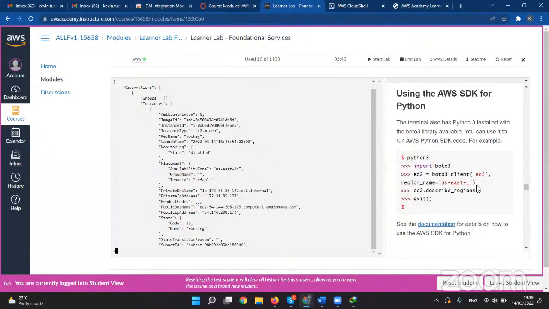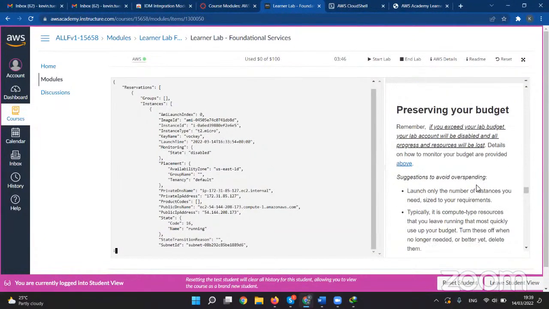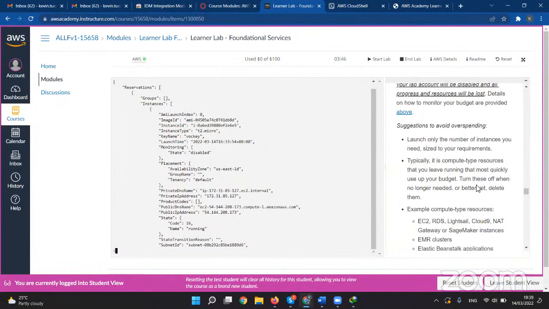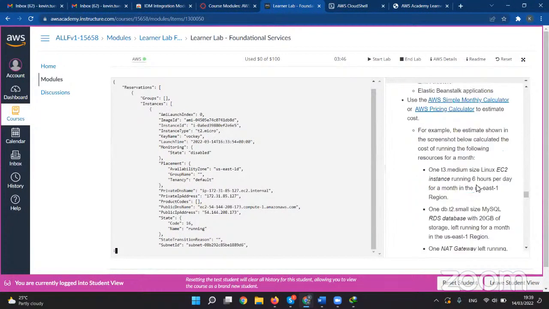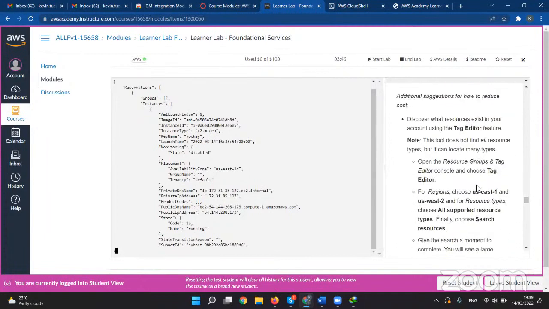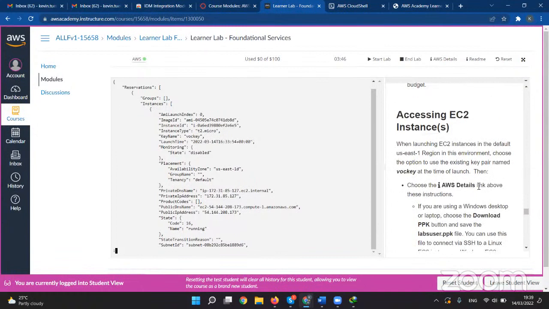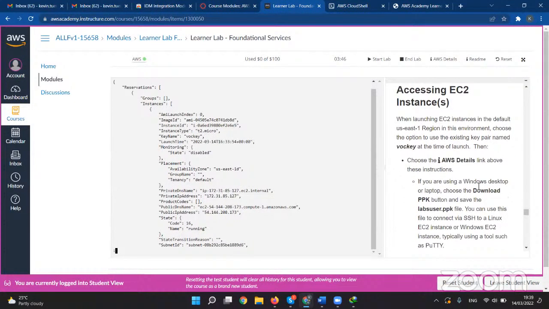So you can use the SDK for Python. Then also there's some guidance. You can now use the pricing calculator. Basically, you're not going to do a lot of the things that you have been learning. So how do you access the EC2 instances? Also remember that you can